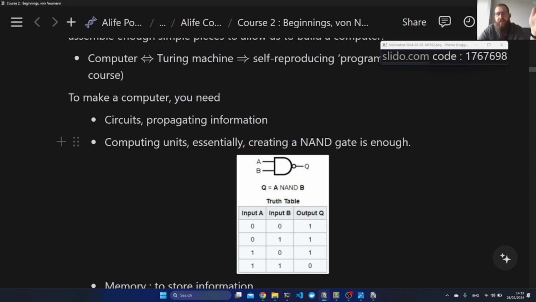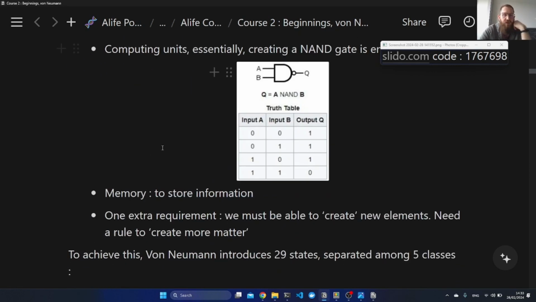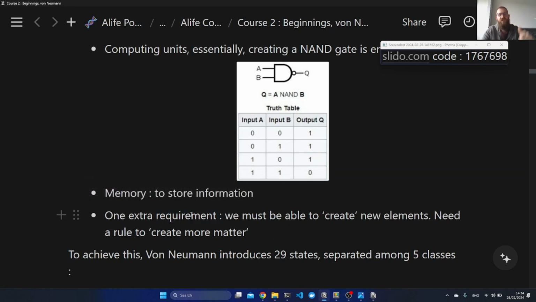And a NAND gate in particular is composed of a NOT gate that just inverts your input and an AND gate, which takes the AND of your two inputs, right? For computers, you also need something else. You need some way to store some information for use later. So this is memory, we call it. And then there is an extra requirement, which is not really necessary to have a computer, but we want this computer to be able to reproduce itself. So we need the ability to create new